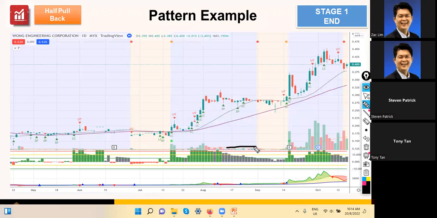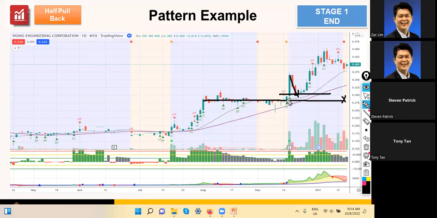Even though the volume is small, you need to wait until this one happens. The best is if you miss this one and the second bar. If suddenly this one goes up and continues up, you have no choice, just miss it already. But if you have a chance where this comes down and it did not break this support,